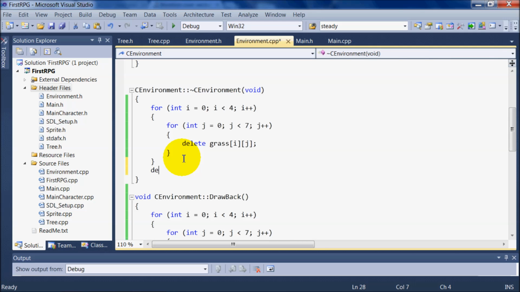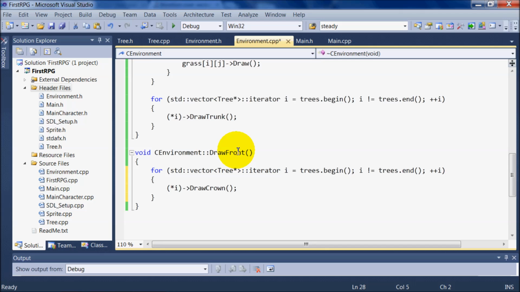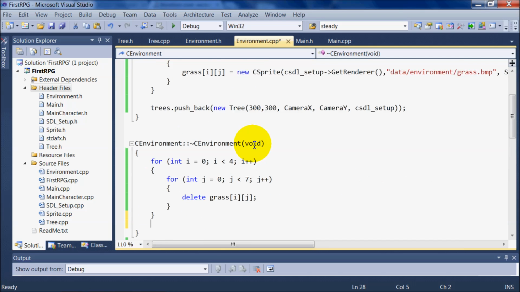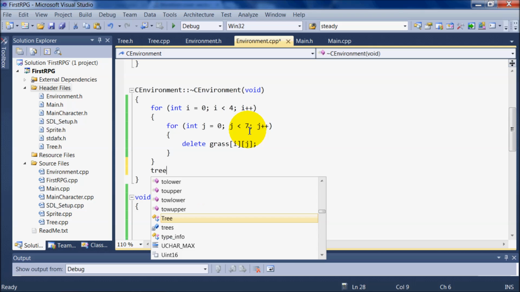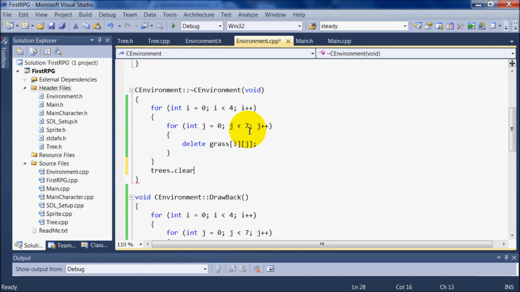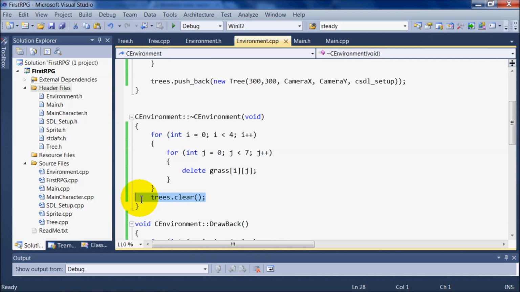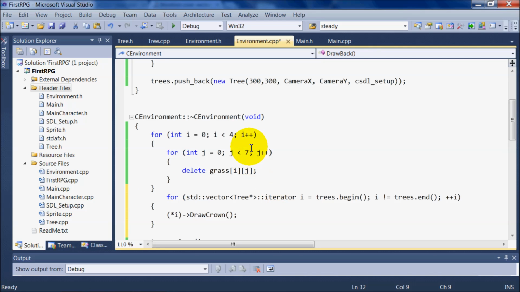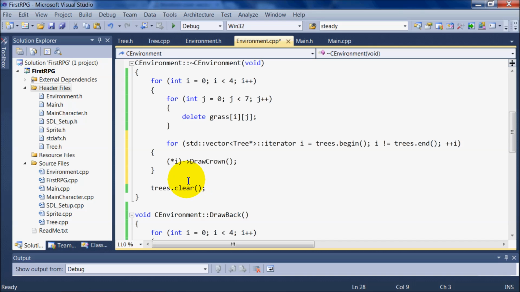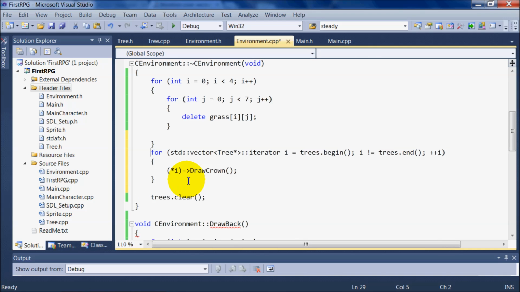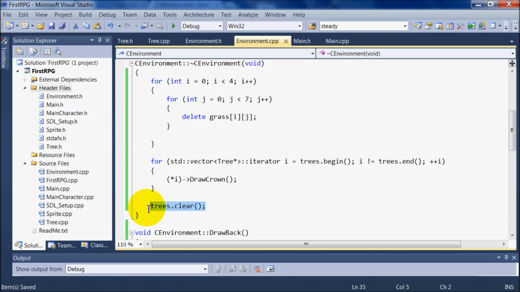You can delete a vector by just calling, we can clear it actually. So if you push back like 20 of them, you can just do 3s.clear. It will clear the array, but the memory will be still of those 3s inside your RAM. So this will cause you a memory leak. So technically you could clear it here, but first you need to, clearing it actually won't even change anything. At least I don't think so, but let's just clear it just in case, and then before we clear it,